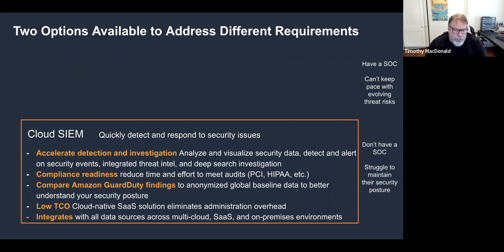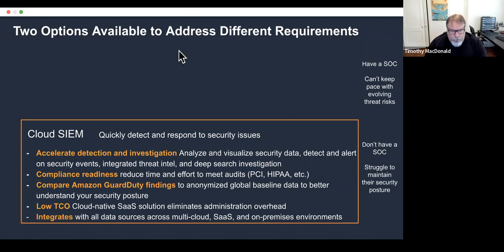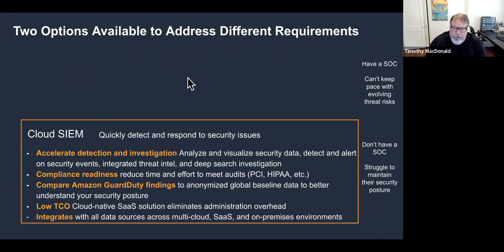So the Cloud SIEM provides detection and investigation capabilities. We have a variety of out-of-the-box compliance templates that you can apply to your machine data, logs and events to meet various audit and compliance requirements. We have some excellent features around looking at the security data that you're getting from the cloud providers such as AWS, and then baselining it against a global baseline of peers.